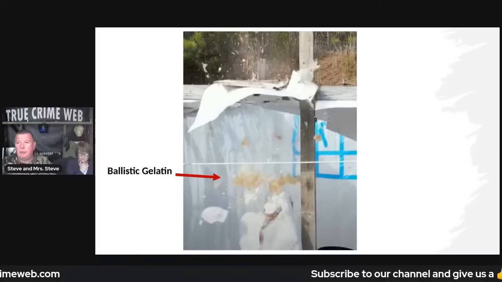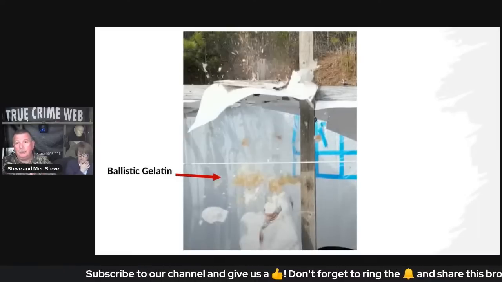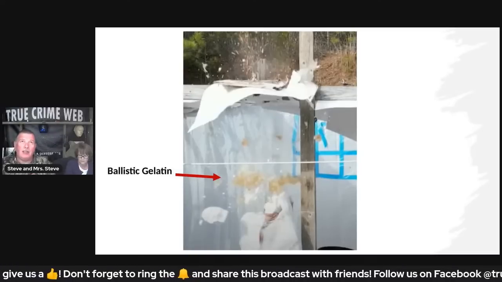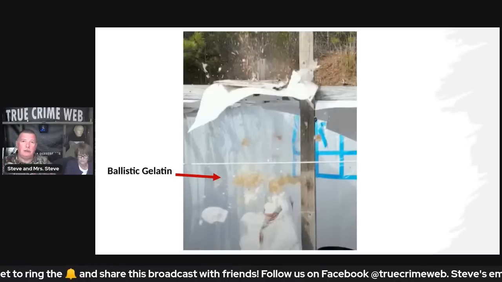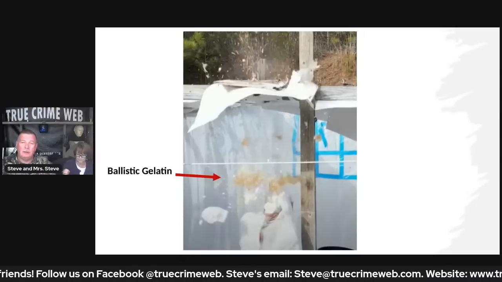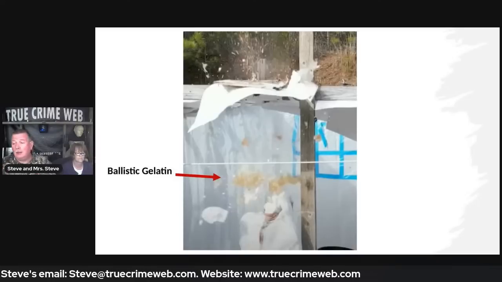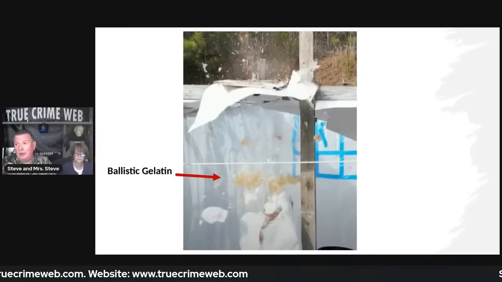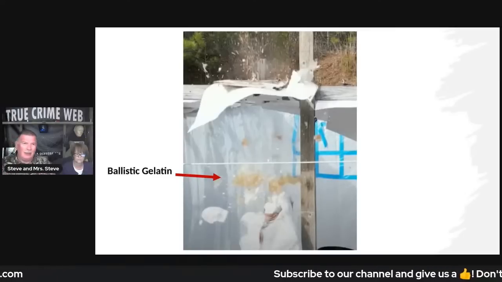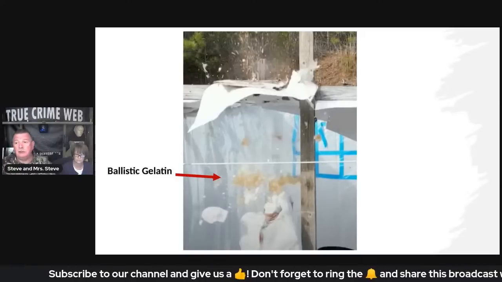What is normal blood spatter, all the way down? You have low velocity blood spatter, you have medium velocity blood spatter, and you have high velocity blood spatter. When you get the high velocity blood spatter, that is a fine mist. You're talking about blood droplets that are less than the head of a pin, all the way down to the sharp end of a needle. All this blood is created due to that high velocity. It's 100 feet per second and greater that it takes to create that mist.